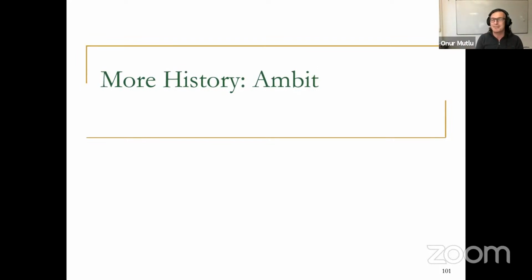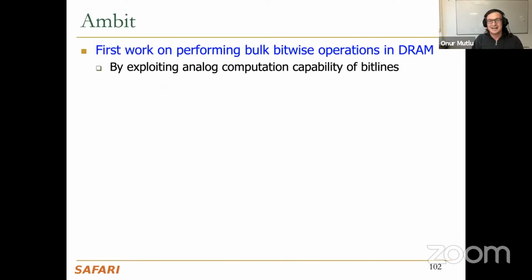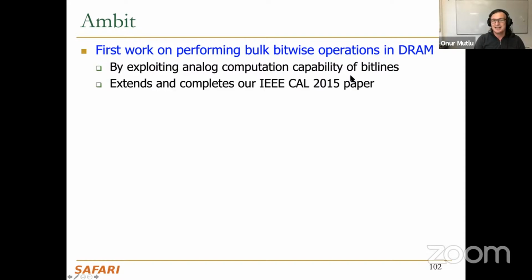Again, a work done by Vivek that was rejected 4 times before it was accepted. So Ambit, I mentioned this briefly. This is the first work on performing bulk bitwise operations in DRAM by exploiting analog computation capability of bit lines. It extends and completes our earlier short paper that proposed AND and OR, but it didn't have NOT. I think having NOT is very important for functional completeness, because now with NOT, you can have complete algorithms